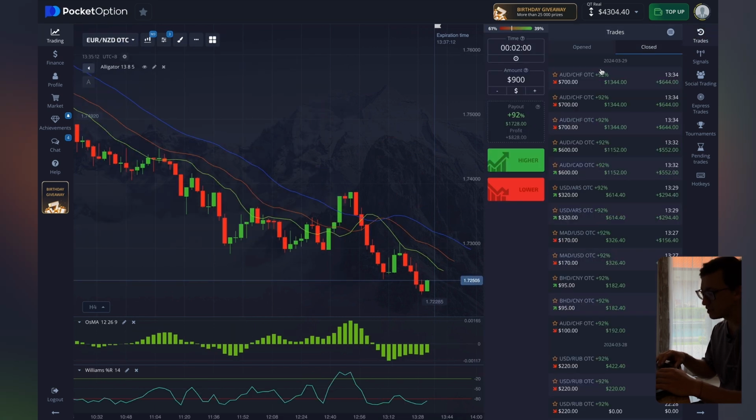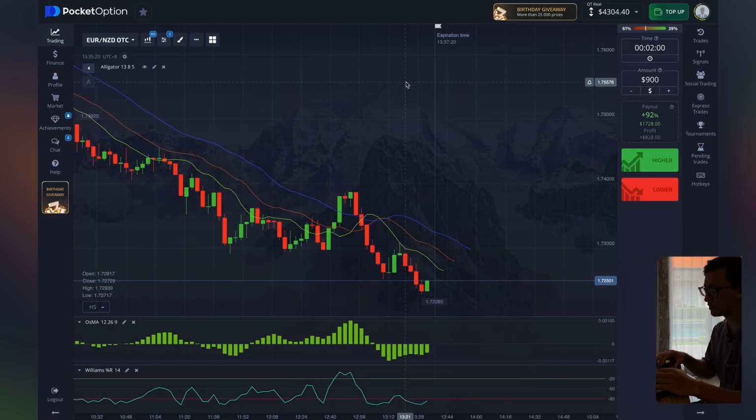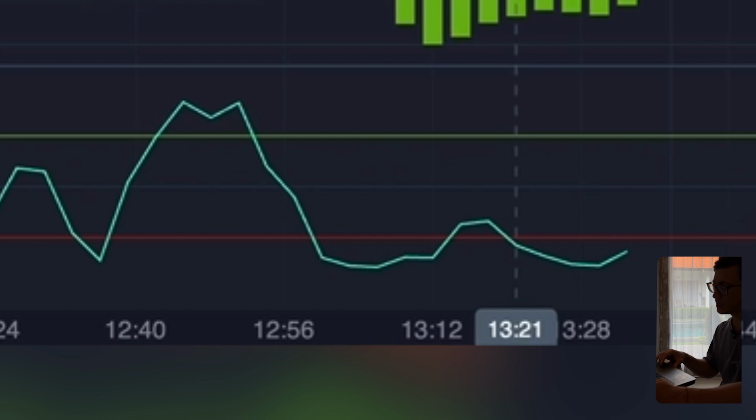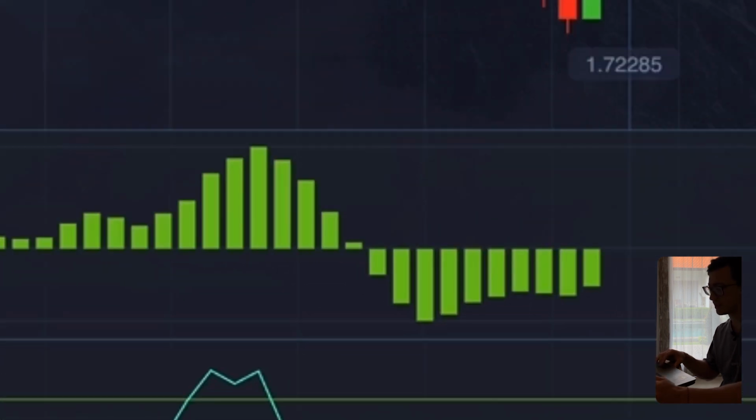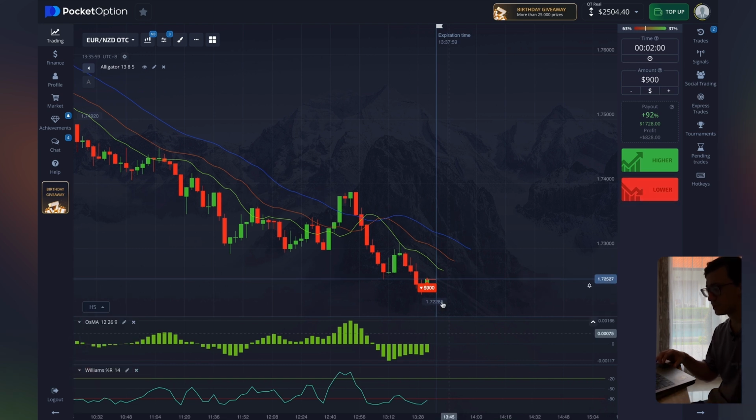And what we can see before us is the currency pair Euro New Zealand dollar. And I'm going down, and let me explain everything in more detail, guys. So just waiting for a correct entry point and we'll go down, guys. So we look at the Williams, it shows us that its line has crossed the support line and is directed downward. OSMA shows with its histogram that the candles are in the low range, and likewise the alligator indicator shows us that all three of its lines are directed downwards.